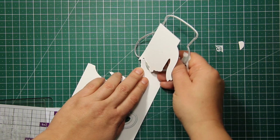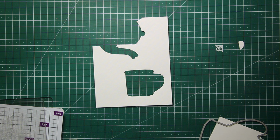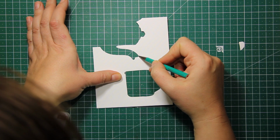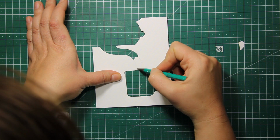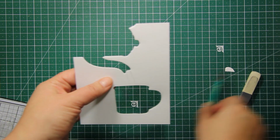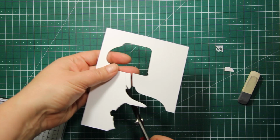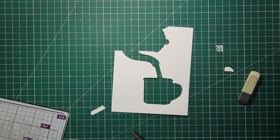So now I am untaping the dies and setting them aside, and now I'm going to create that stream of liquid that's coming out from the nozzle. So I'm drawing the outlines with the pencil and I want to make sure it's rather narrow because otherwise the beads will be pouring down too quickly. Then I'm using the scissors to cut along those drawn lines,